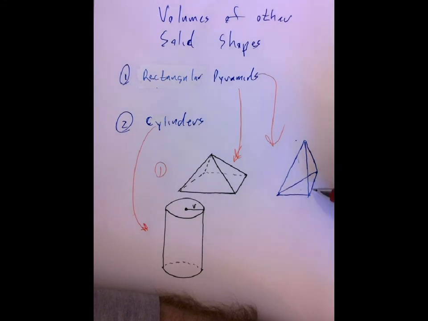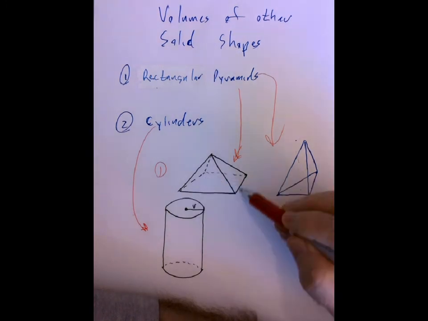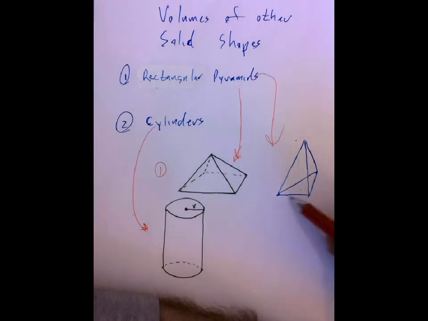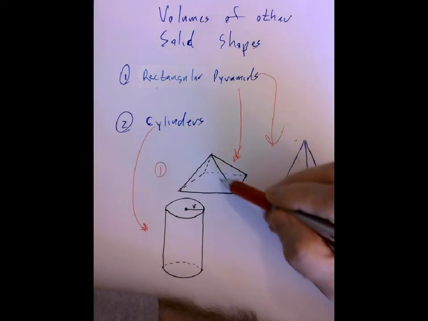For example, this one is a triangular pyramid, where the flat base, instead of being a rectangle, is actually a triangle. But the sides that come off of that flat base are still triangles themselves, and they come up together in a point. Anyway, this is the kind that we're going to be getting